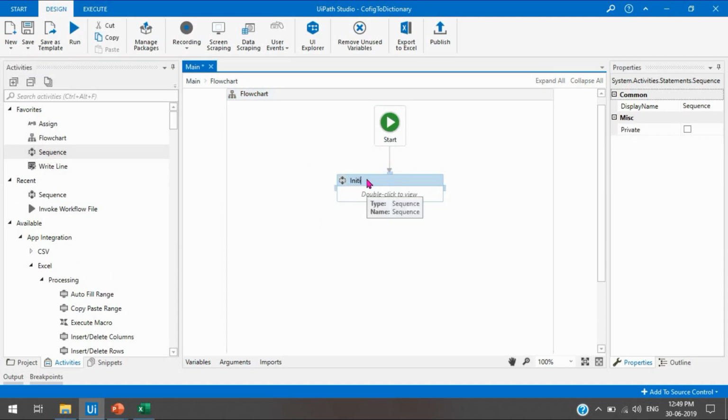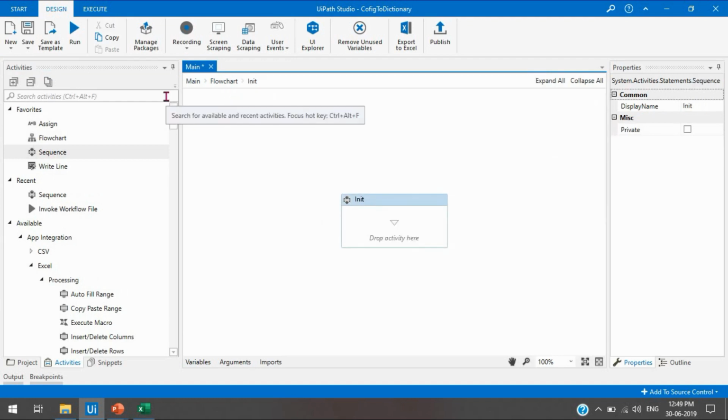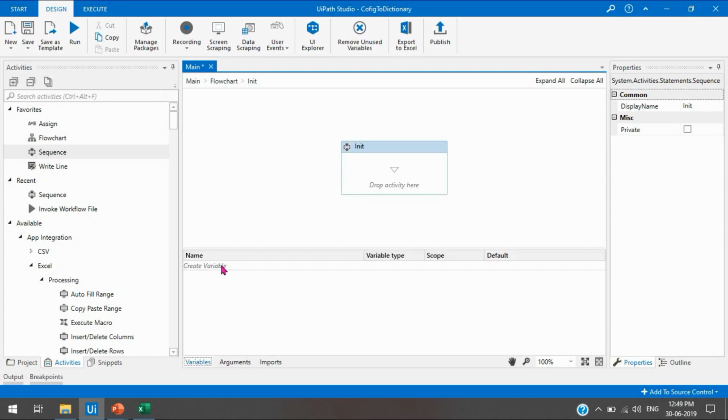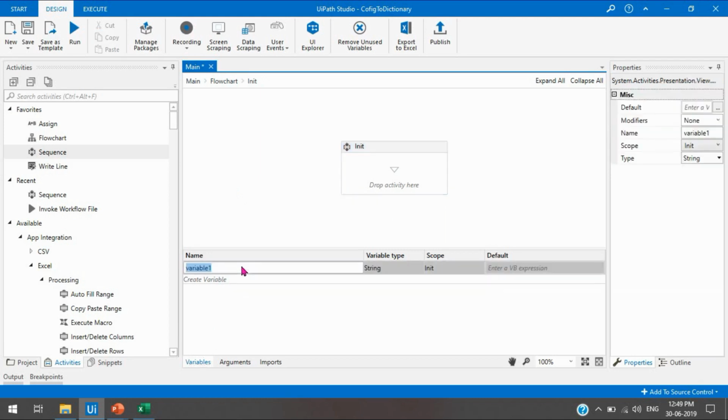Let me take one sequence so that I can show you how to initialize these settings. I am going to change the name to Init and double click that, and here we first need the location, the path of the config file. We can directly create a variable here, the config file, and pass the value like here. Let me show you. So here we can directly pass the path of the config file.